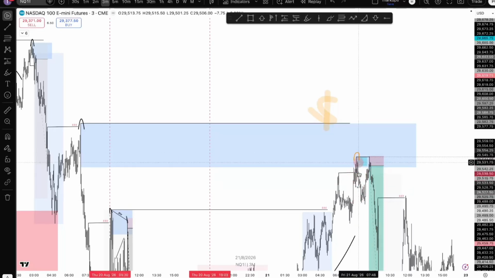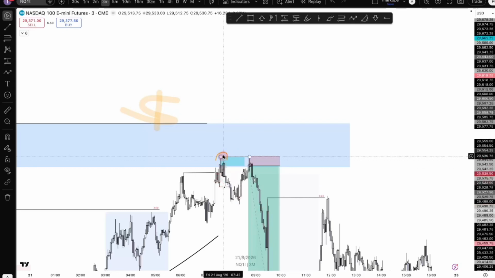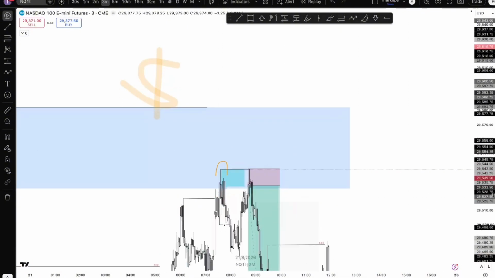Ask yourself, wouldn't this manipulation up have taken it out and then gone down? But because it didn't, this is basically telling us that, hey, this manipulation ended right here. There's no liquidity past here, hence no reason for manipulation to keep going up and then dump. Manipulation ended here, telling us no liquidity past here, and all we can do is expect to trade away from